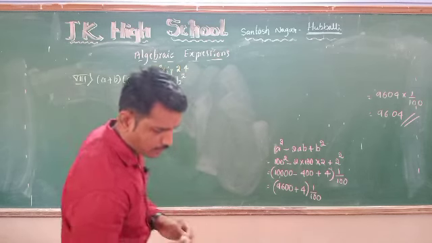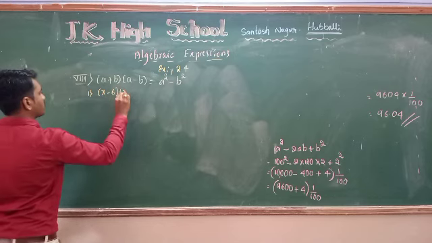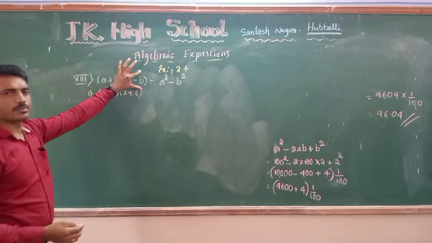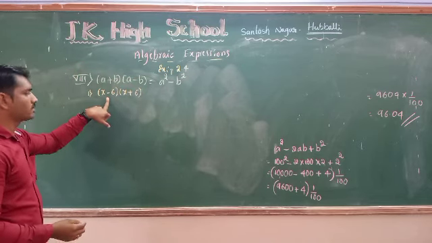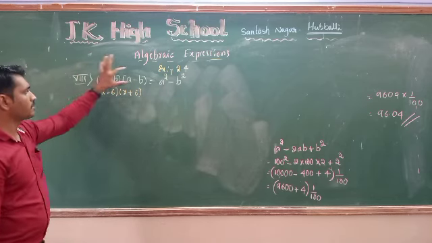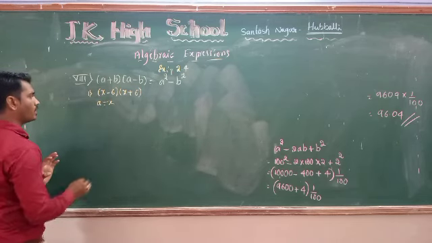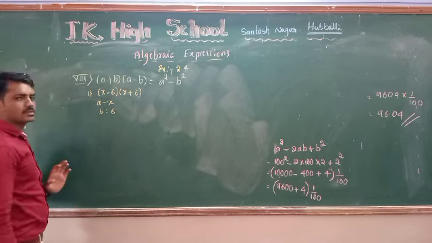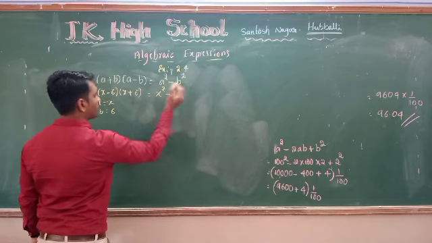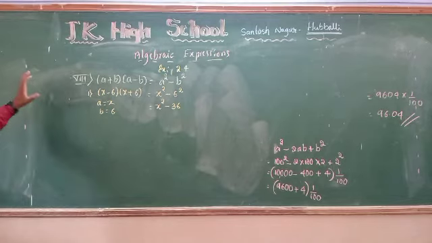Question number 1 is x minus 6 and x plus 6. Now the question is in the form of what? A plus b into a minus b. No problem. Here in the question, the first term is in the form of minus and the second term is in the form of plus, but the identity is a plus b into a minus b. If we exchange, no problem. Here the a value will become x, and the b value will become 6. Now substitute here. A square means x square. B square means 6 square. X square as it is, 6 square is nothing but 36. The steps are very easy.